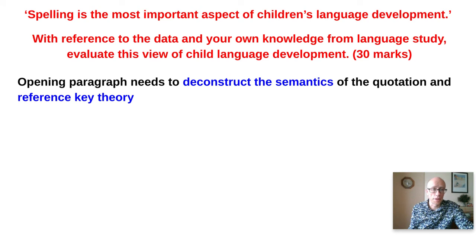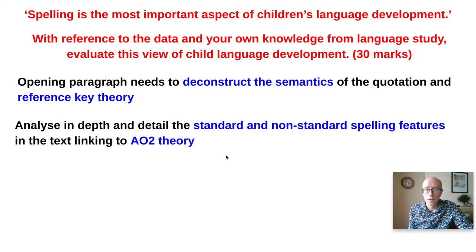The other sensible thing to say is there are lots of really important language levels in English, and spelling, being graphology, is one of them. But what about punctuation? Or how about semantics and lexis, actually the vocabulary that's being used? What about the ability of the child to use grammar so that the child can form syntax and use the morphological endings of English, etc., etc.? So in your opening paragraph, you want to show that, yes, whilst there is some rationale to that statement, obviously it can be argued. So deconstruct the semantics of the quotation in your first paragraph,